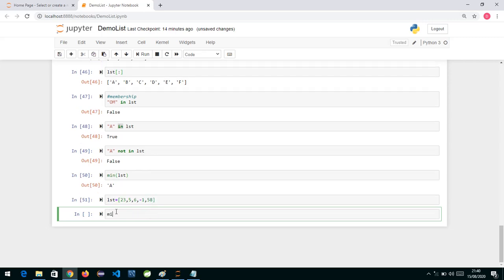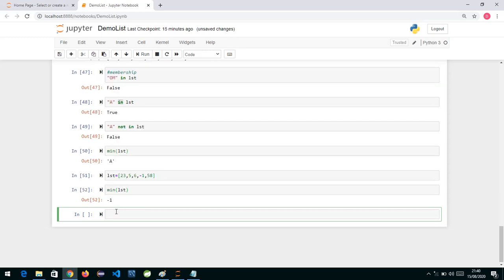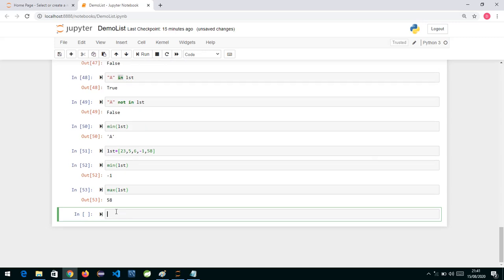And then I say give me the minimum element from this list, min of list. The minimum element you will get is -1. Similarly, if I want the maximum of the list, we can write max of list, and that will give you the maximum, which is 58.